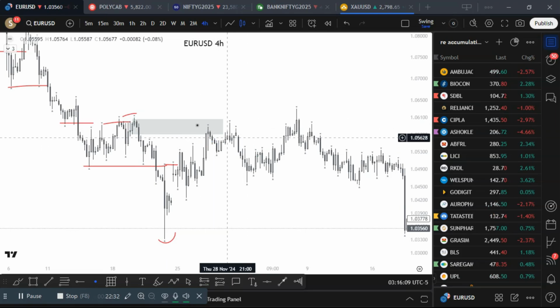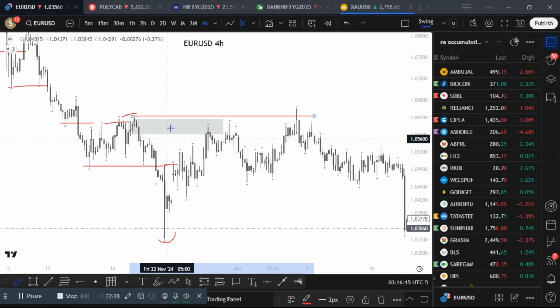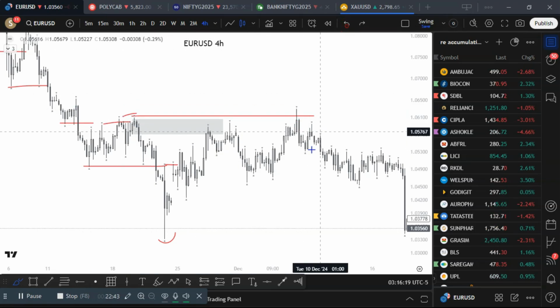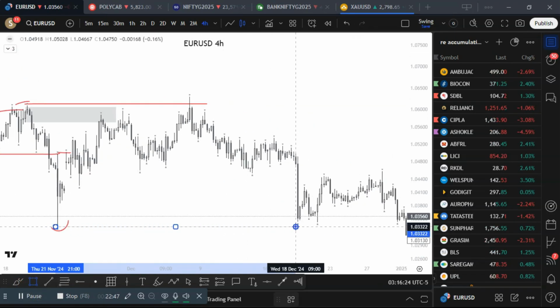You could have got a good trade. Then same range, price swept our strong area and didn't continue, just swept. So then same range,